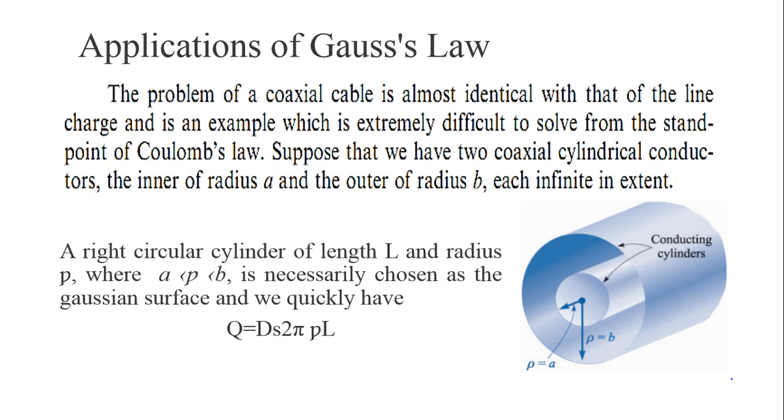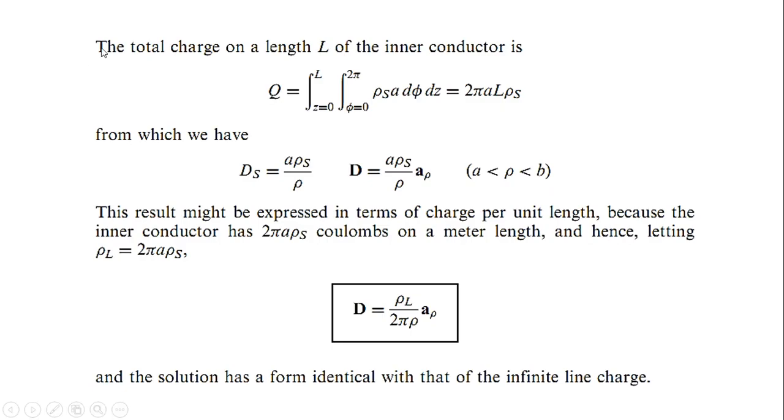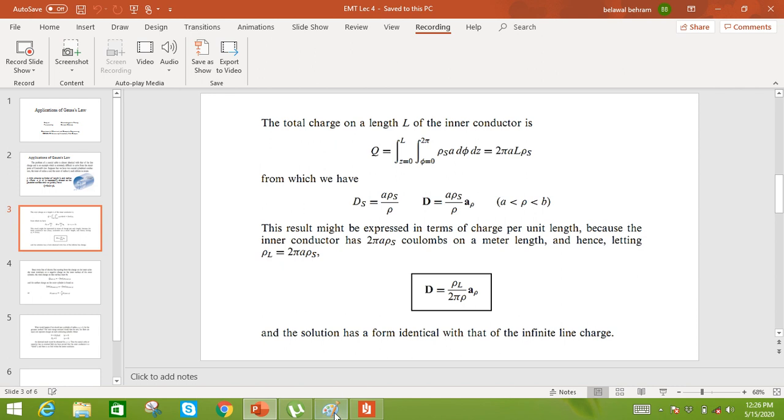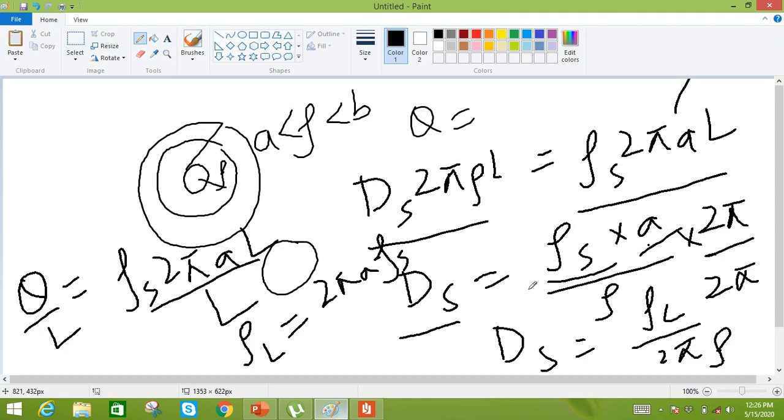पहले हमने गॉसियन सरफेस सेलेक्ट कर लिया और उसी को गॉसेस लॉ अप्लाई करके हमने चार्ज फाइंड आउट कर लिया. The total charge on a length L of the inner conductor is Q is equal to the surface charge density into the area over the length L. ये भी ऑलरेडी हमने फाइंड आउट कर लिया है. So Q will be equal to 2 pi AL into rho s, जिस तरह हमने डिस्कस कर लिया. Q will be equal to 2 pi AL into rho s,